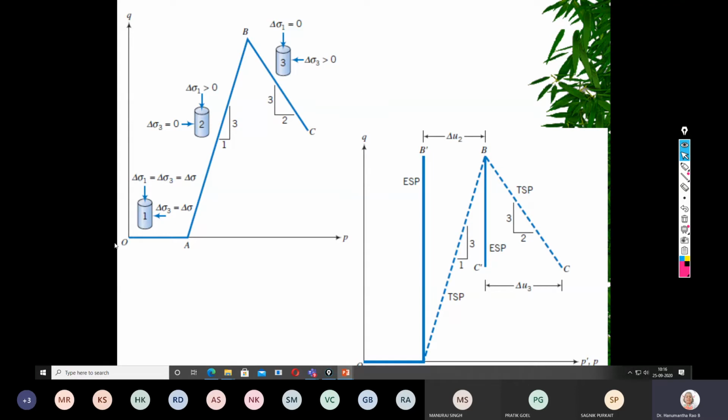The previous discussion was only on the total stress part. Now, if you start measuring the pore water pressure at any given condition, this is how it looks. This is the pore water pressure. Then this is the effective stress path in case of triaxial loading, and this is the effective stress path in case of earth pressure loading. Here the effective stress path is shown as a straight line, which may not be the reality. It is shown just for understanding.